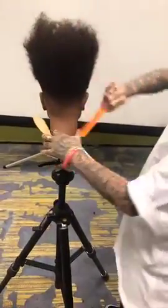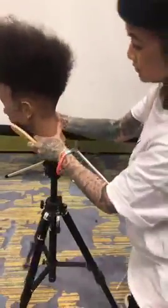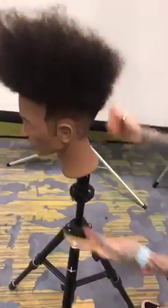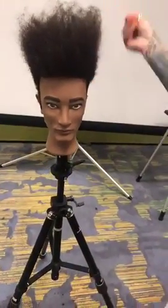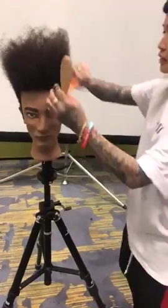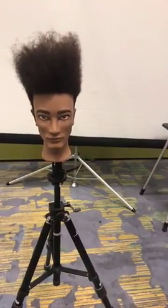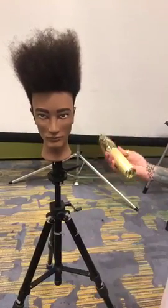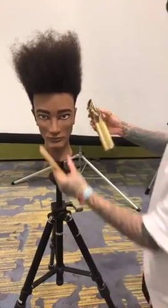So I kind of brushed this out earlier. This would be good for the side view. Let's do it here. So all of this, you can kind of see the weight, and if you look at it from the front, let's freehand shape this. So you see here, this is kind of where I stopped. Now, I had already brushed this out, and this is where I do all my freehand work for these type of styles. So you can start with your clipper open, or you can put it to close. I do open at first, kind of gauge where I'm at, and I'm pretty much